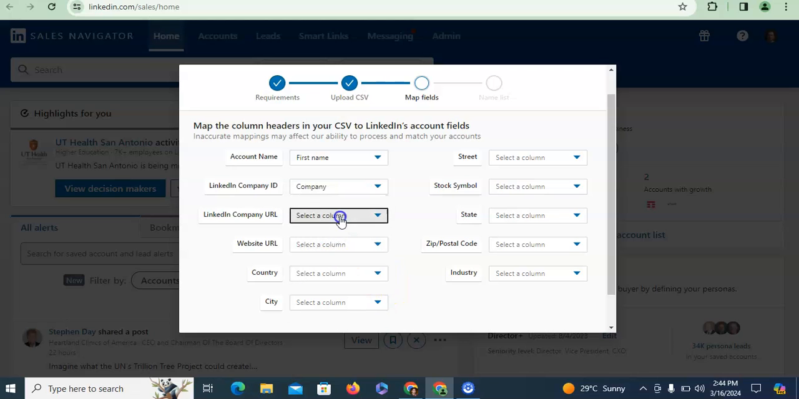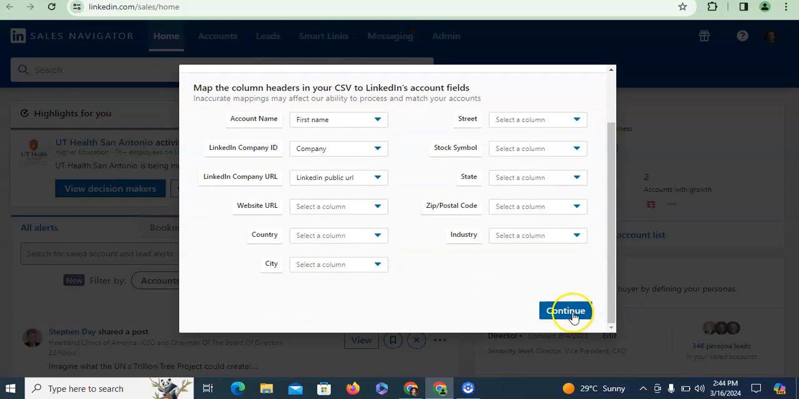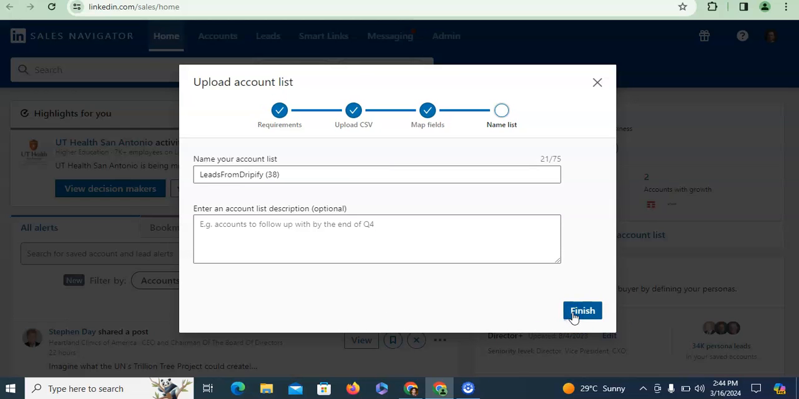And here LinkedIn company URL, and here you just need to select the URL. For example, I'm just picking here the company website. Sorry, here we are just picking the, and for example, once you are satisfied with this, then you just need to click on continue, and after this